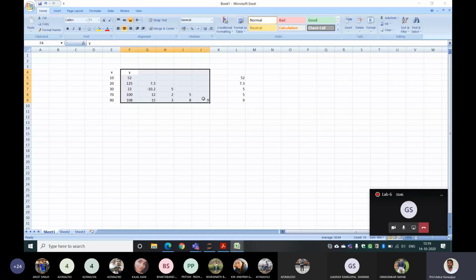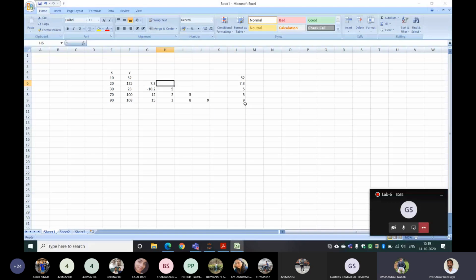Suppose this is a total of 25. This entry is 0, this is also 0. We require only these 5 entries. So out of 25, we are only interested in 5 entries, so we can reduce the storage. Instead of 25, only 5 entries are sufficient. Similarly, if you have 100 cross 100, instead of 10,000, which is a very big number, you need only 100 entries. Without wasting computer memory or space, you can make the Newton divided difference polynomial without making this table.